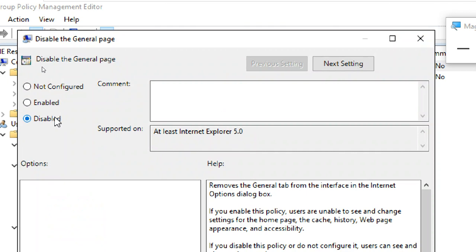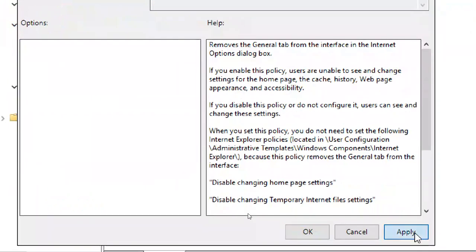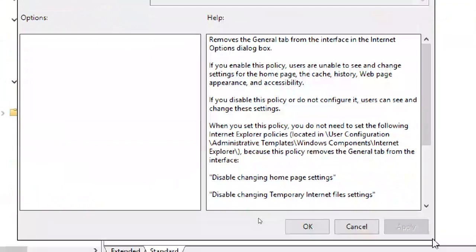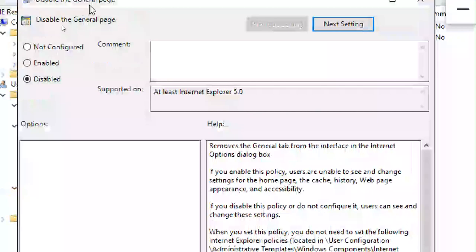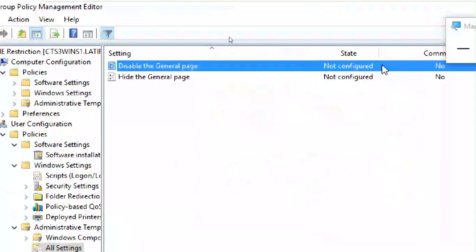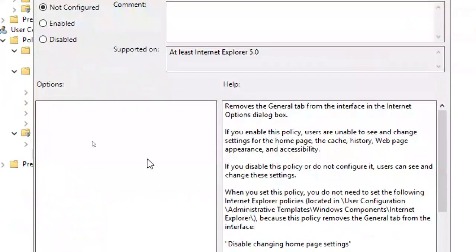First disable the policy, then apply. Now you disabled it. Now change it to not configured. Apply. Now it is not configured, which means completely removed. First you have to disable the policy, apply, and then not configured, apply. Okay, like that.